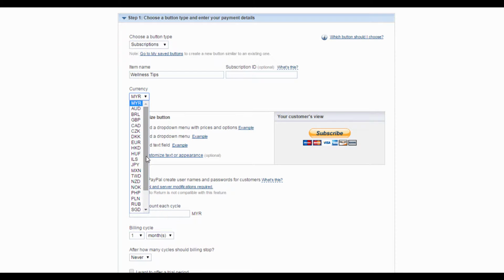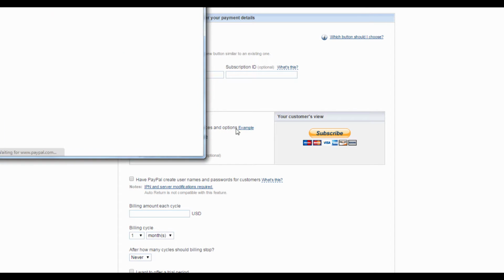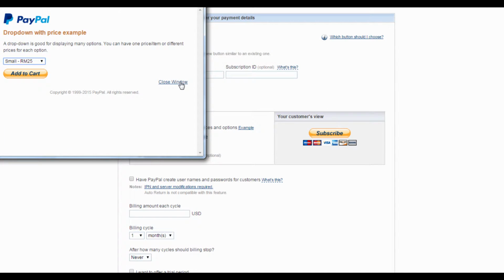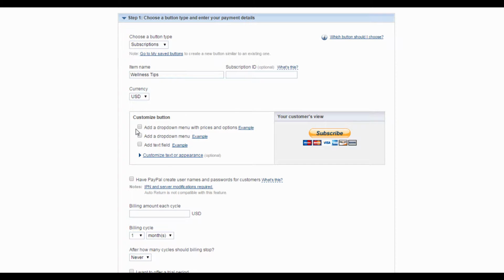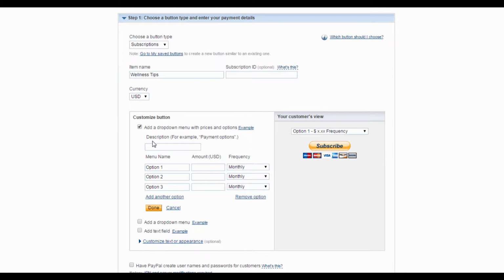This section here is for you to customize your button. You can choose to add a drop-down menu with prices and options. It will look something like this. If you tick this box, you then need to fill up the information for your drop-down menu. First, insert a description. I'm just going to use the suggested payment options. For options, I'm going to offer options for 1-month subscriptions, 3 months, and 6 months, though these options are completely